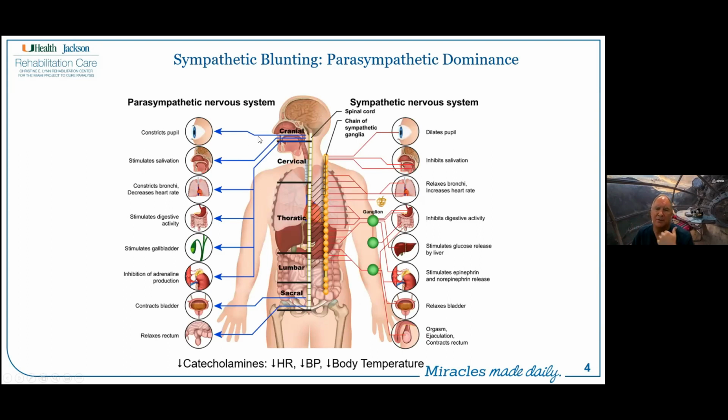So what that means is when you have an injury to the cord at or above the level of about T6, you're going to have some degree of sympathetic blunting. And remember that there's a constant tug of war between the sympathetic and the parasympathetic nervous system. Because of the spinal cord injury and the subsequent dysfunction of the sympathetic nervous system where it arises in the cord, you're going to have a profound influence in this parasympathetic dominant system. So we'll see reductions in heart rate and blood pressure. There will be influences on the respiratory, the genitourinary, and the gastrointestinal systems, etc.